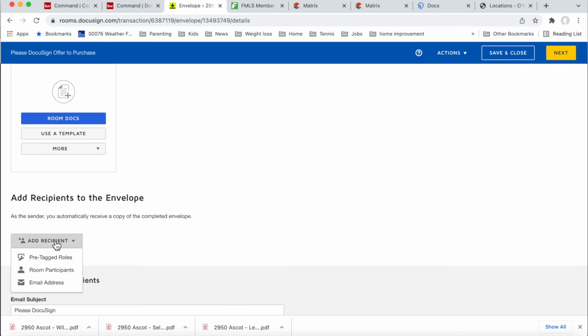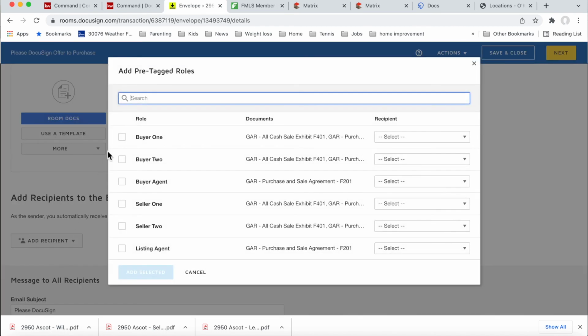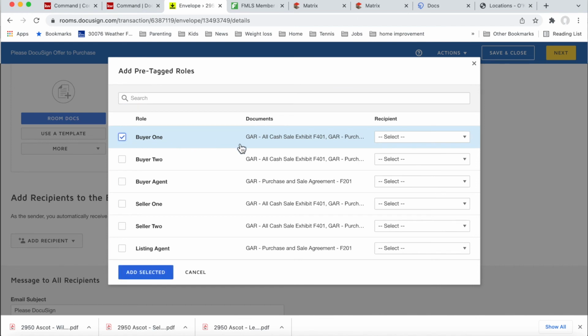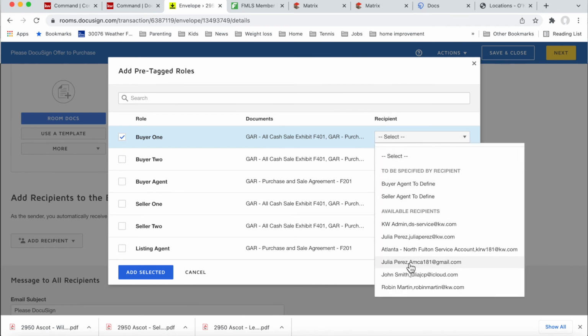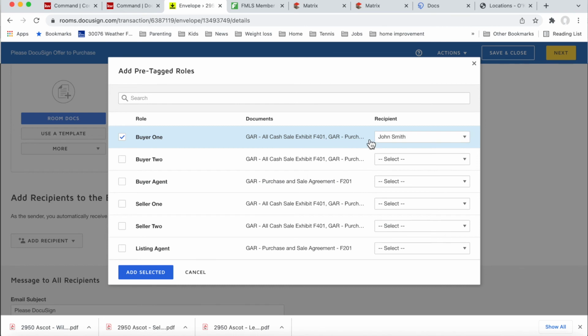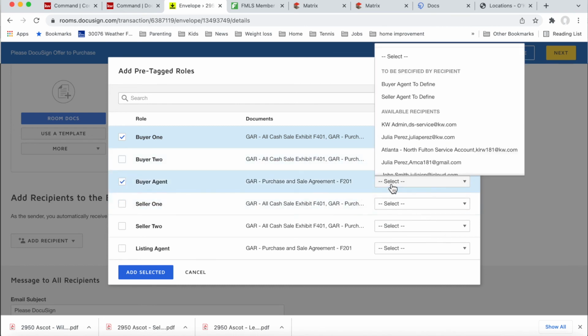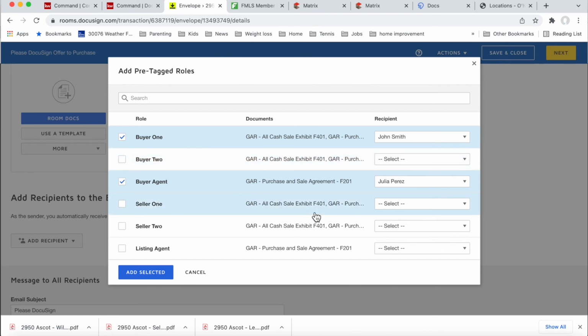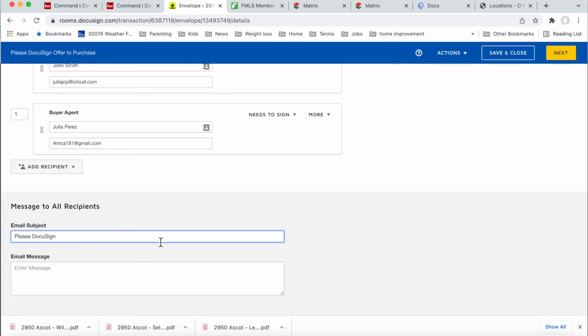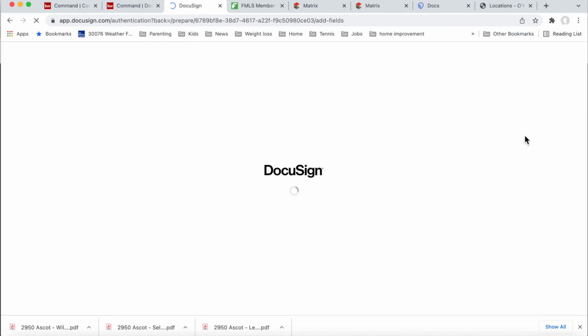Down here, you'll need to add recipients. We're going to do pre-tagged roles. This automatically will put signature spots where they need to be on the contract. So we're just going to select buyer 1, and then you want to do buyer's agent, which is yourself. Email subject, this is how it's going to come through email to your client. You can just put however you want to identify it, as well as any note or instructions to your client. You'll click the next button,